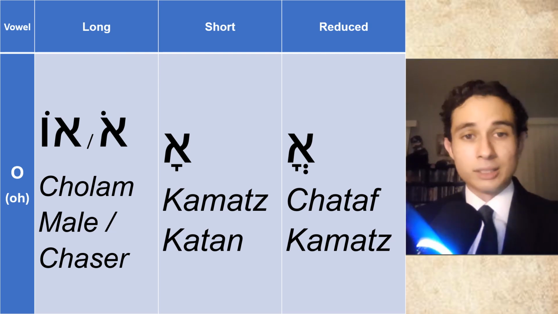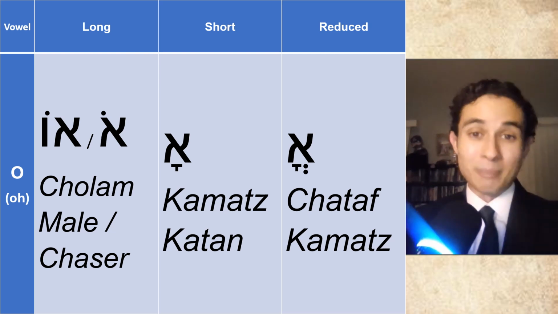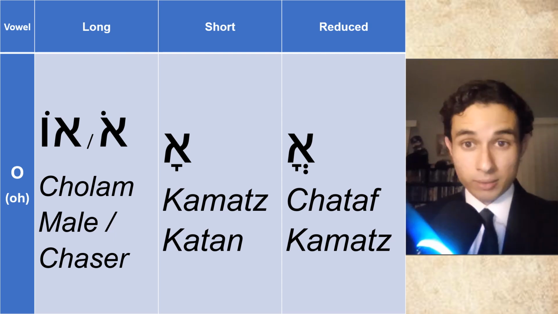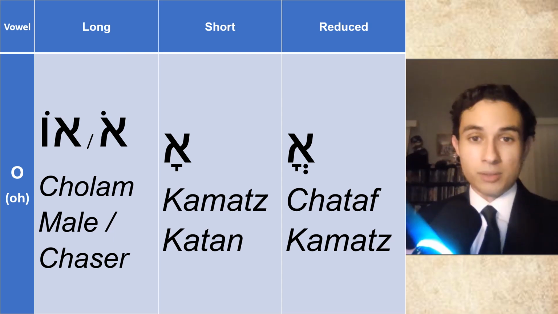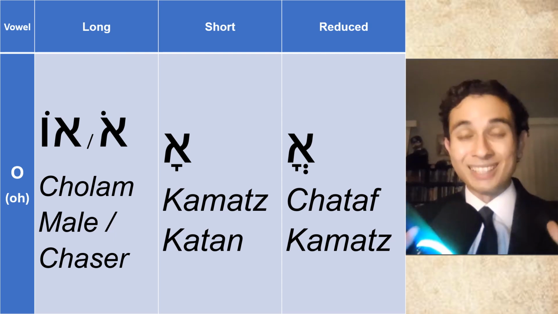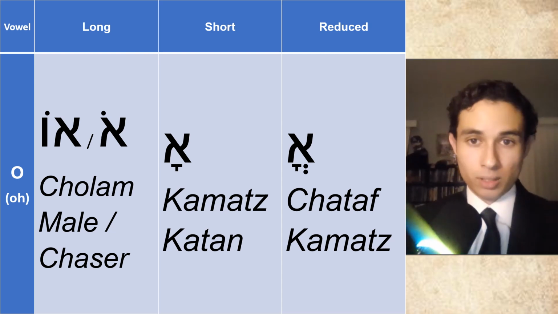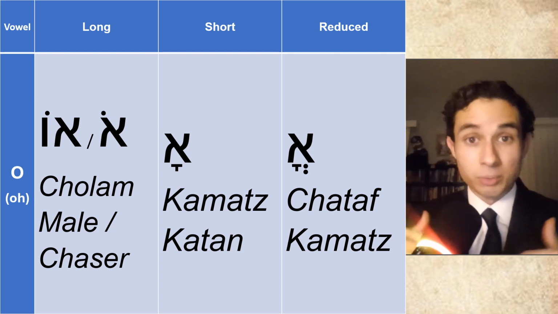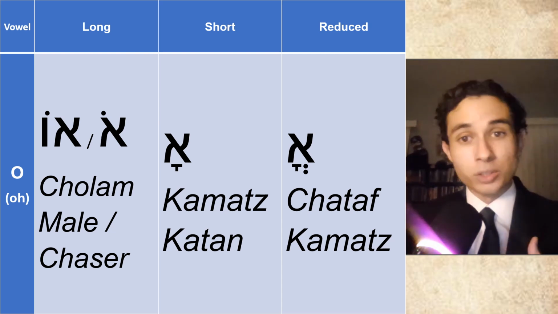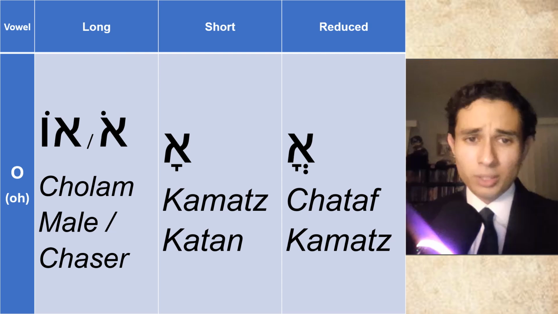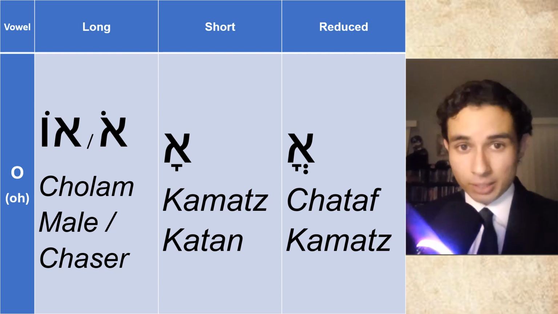All right, next is the short vowel called kamatz katan. Now, don't freak out, because for sure you'll notice it's the exact same marking as the kamatz gadol, which we saw its sound. Well, you might be asking, how could I possibly tell the difference if they're both the exact same mark? Like, there's literally not a single difference between both marks, but one is an A and one is an O. Well, the truth is, you won't know easily. Okay, I'm not going to lie to you.